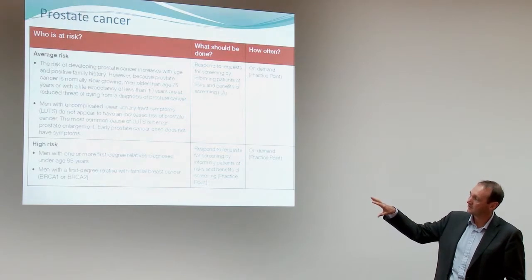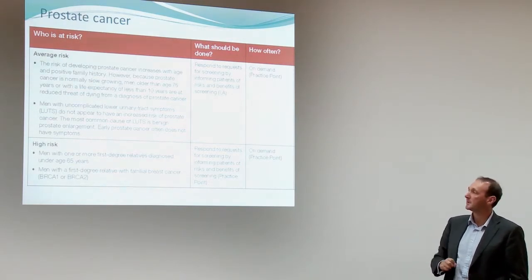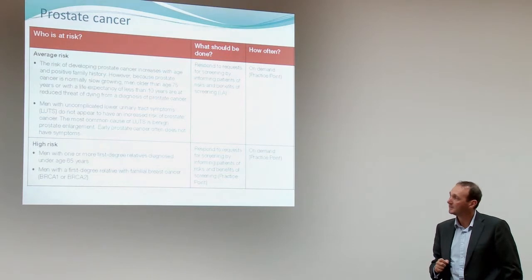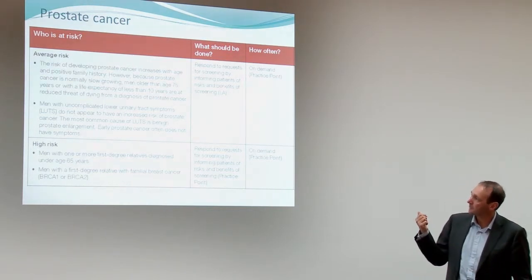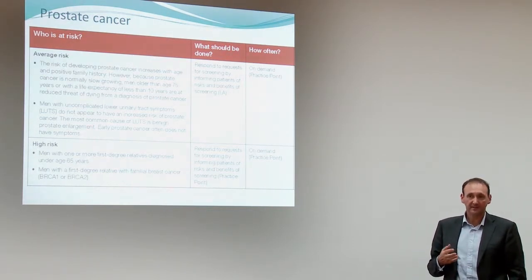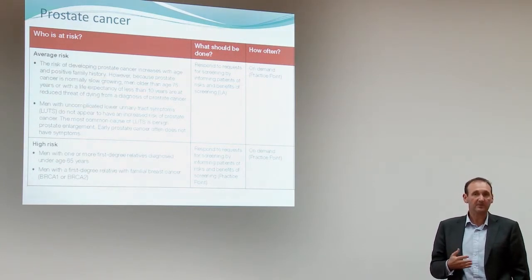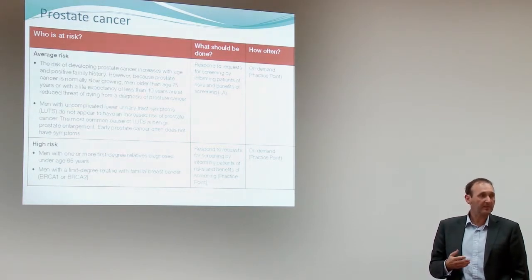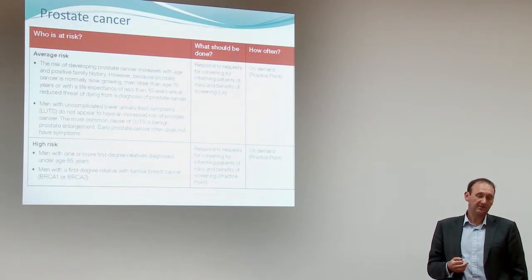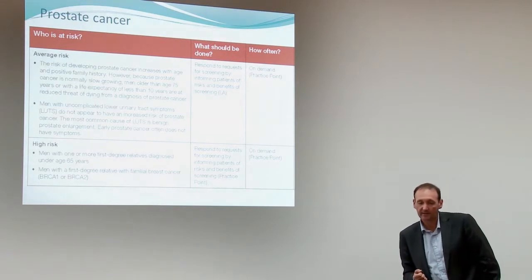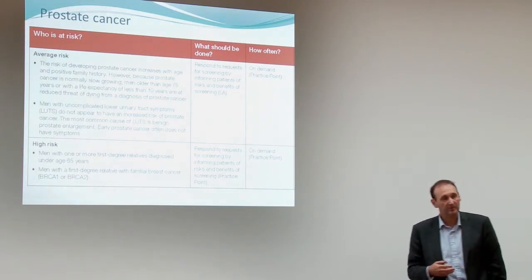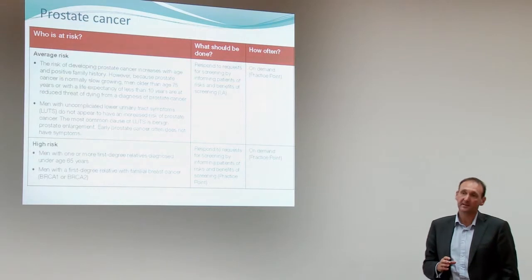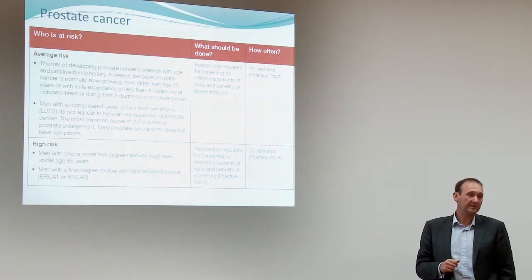And then obviously the very high-risk people are from families with BRCA1 or 2. I think these are the group of men who we know from other studies are more interested in a discussion around PSA screening and the pros and cons of PSA screening. And so that would be certainly highly appropriate to talk about when they might want to consider starting PSA screening. The Australian and New Zealand urology group, of course, talk about a single PSA test at the age of 40 to get a baseline risk.